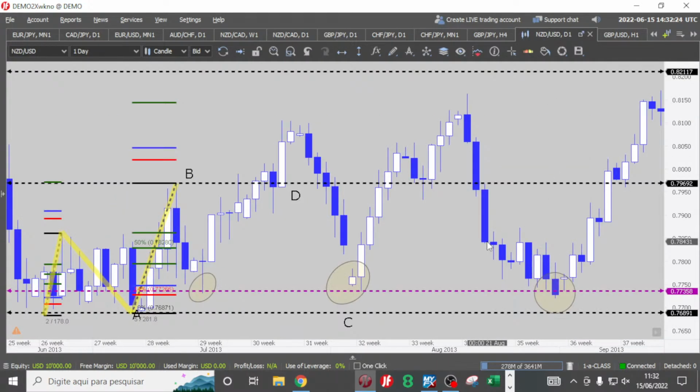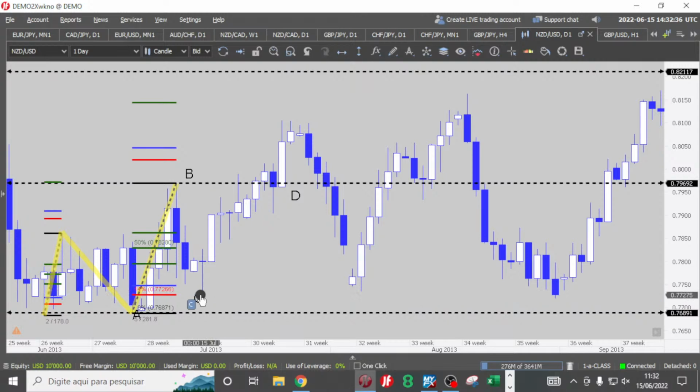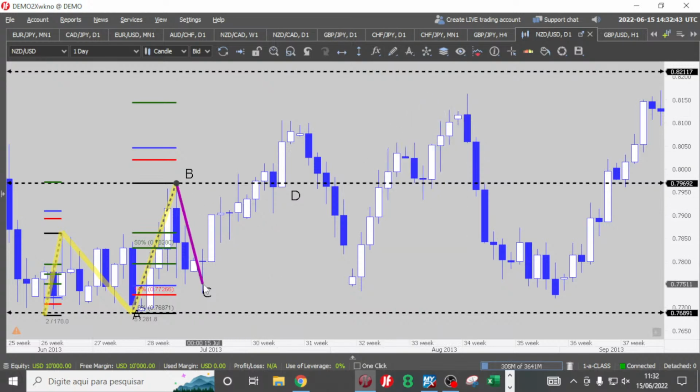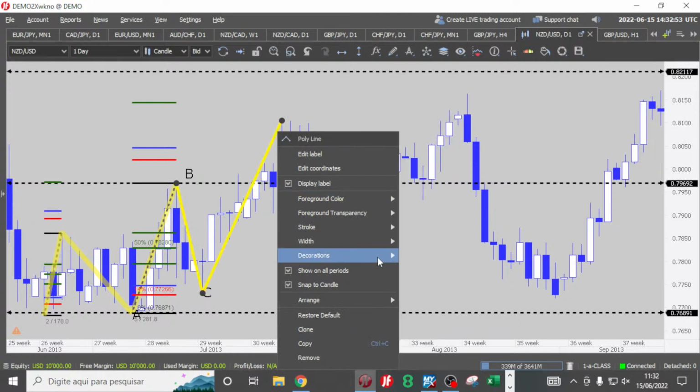NZD/USD, first circle. Wow, everybody, congratulations to you, you are learning. Excellent, very good. The first, oh, but the third one it's lower. It doesn't matter because blue goes to blue and the market hit the blue. Blue goes to blue, the market hit the blue retracement and it went up and hit the blue extension. Okay, everybody, you need to learn well those concepts and those rules.